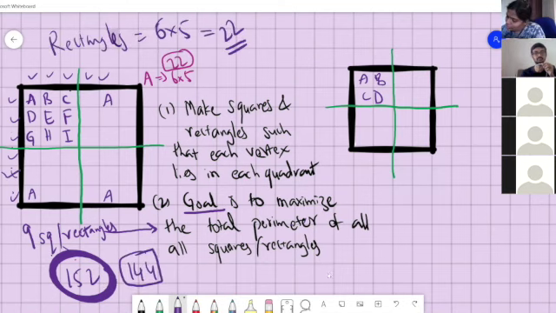My original intuition was that the total perimeter would be constant. But at least I also had an arrangement where I got 144. So I think it will change with different configurations.